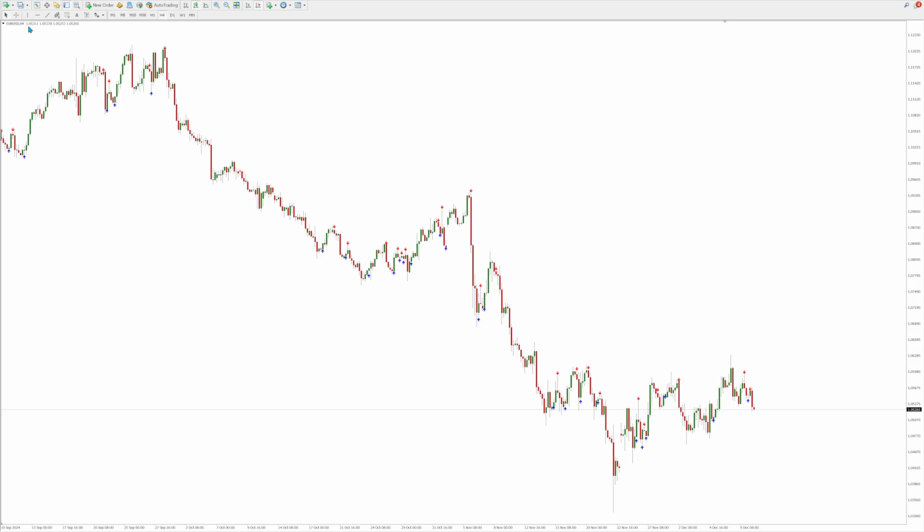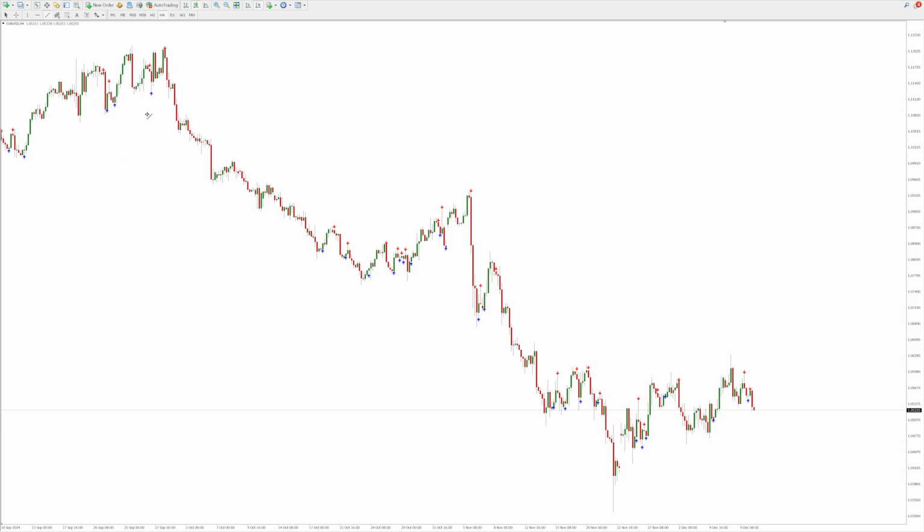So this is a 4-hour Euro Dollar chart. I prefer the longer term chart timeframes just because they contain more price action, and therefore I find signals tend to be more reliable. That applies to using technical indicators and price action analysis, support resistance, trend lines, candlestick patterns, and so on and so forth. You can use this strategy on any trading instrument, so Forex, stocks, cryptos, commodities, indices, etc., and any chart